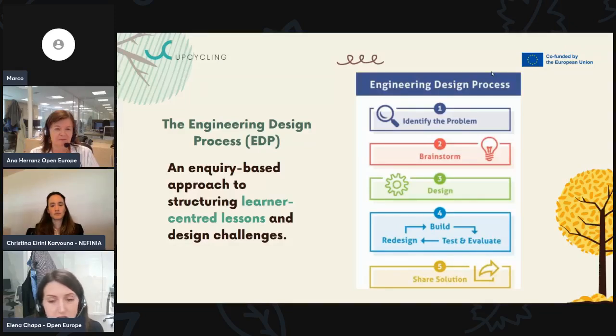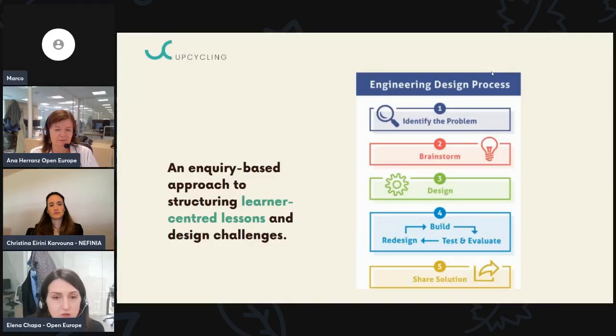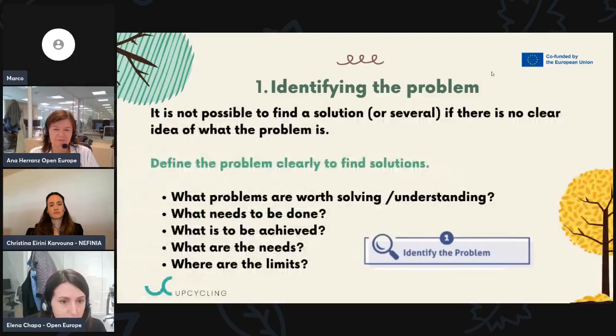When you build something, you also have to test it and evaluate if it works. Share solutions. So I'm going to mention a little bit of things with regards to each step of the process. So you have to identify the problem, and to give you an example, it doesn't have to be something very complicated in the classroom. To identify a real problem that affects students, it can be just as simple as